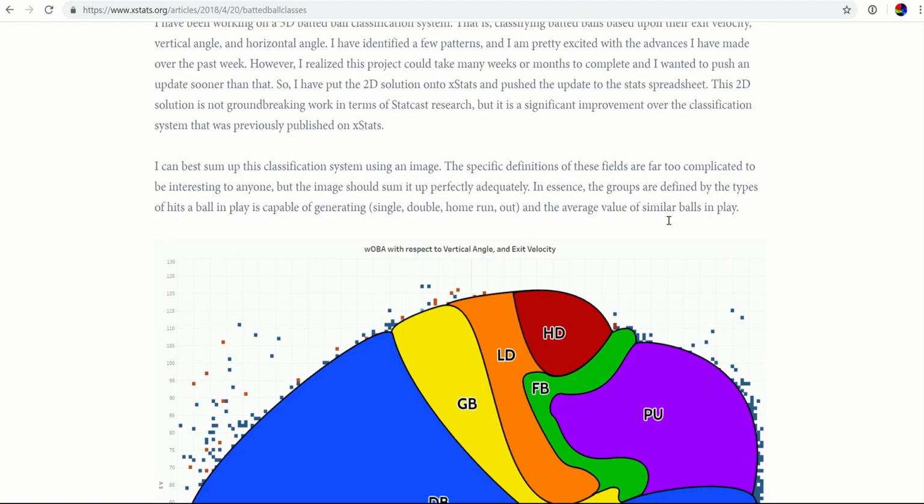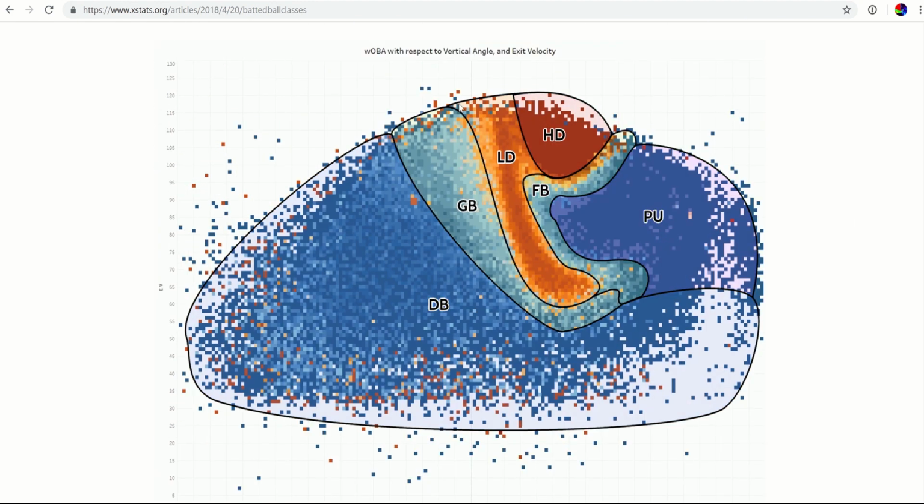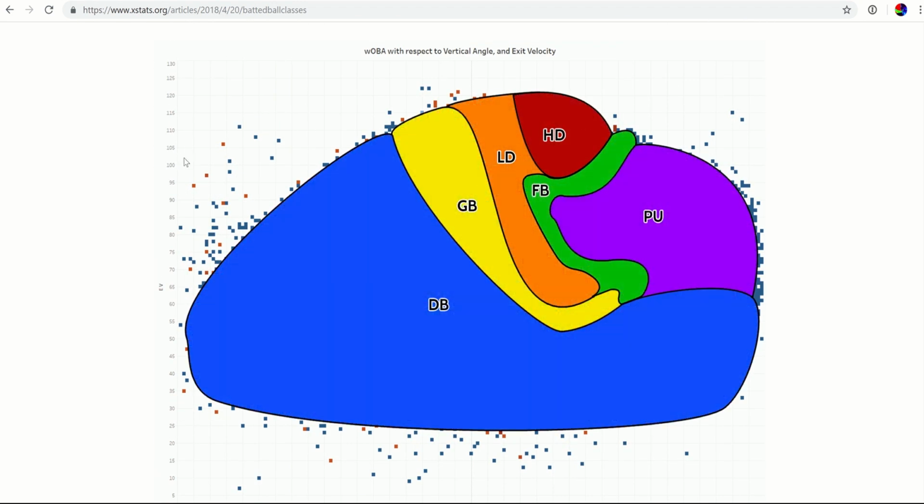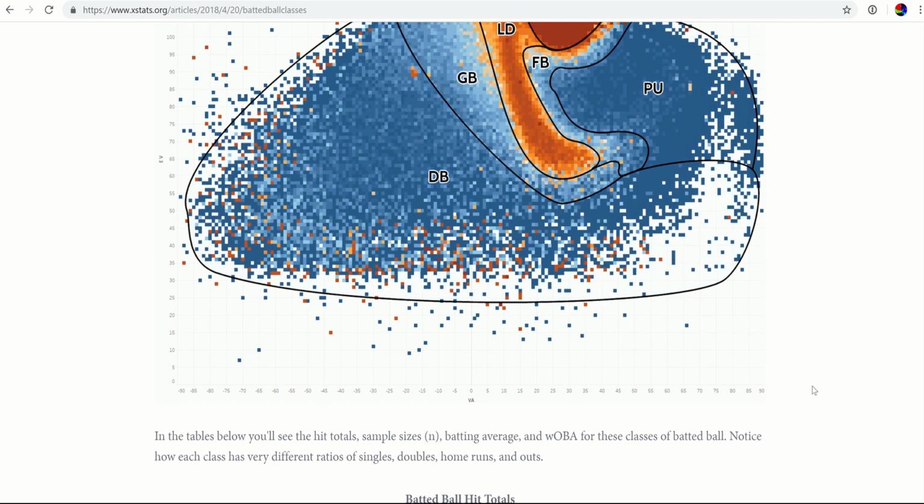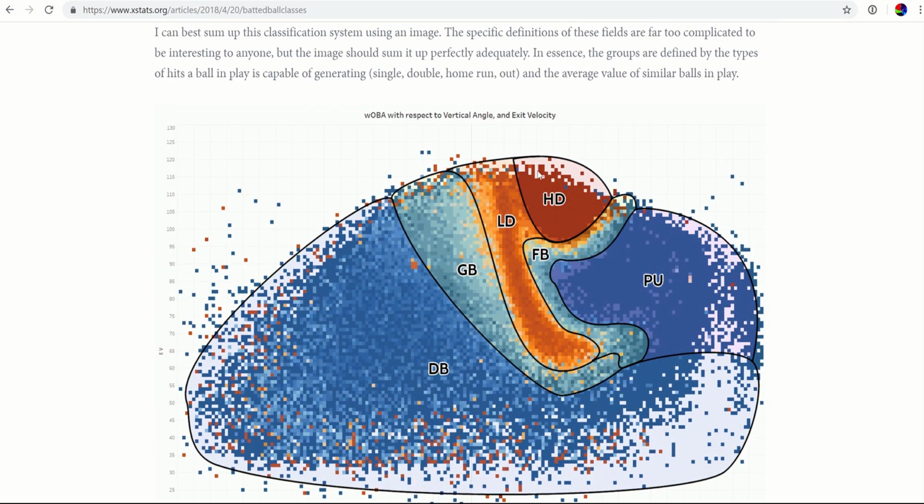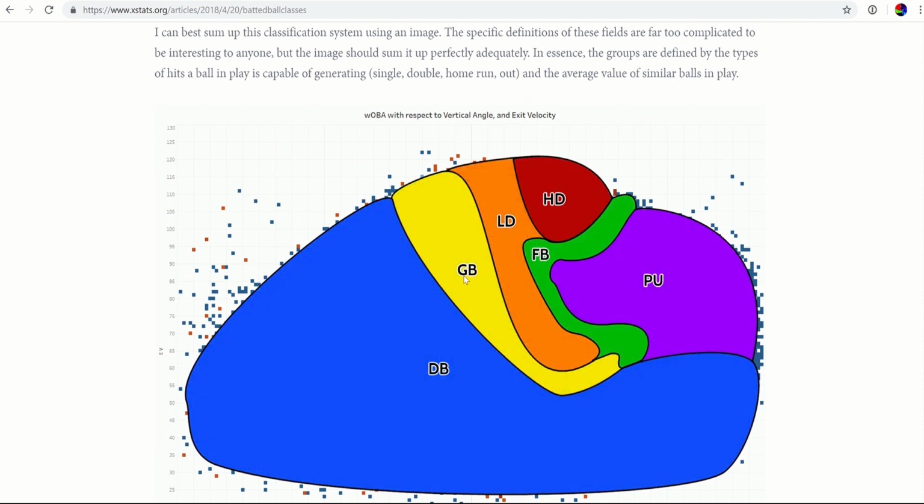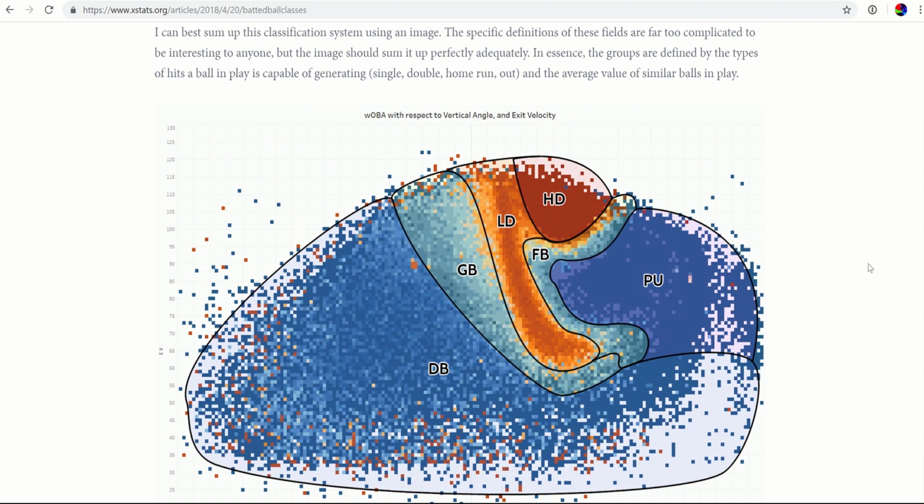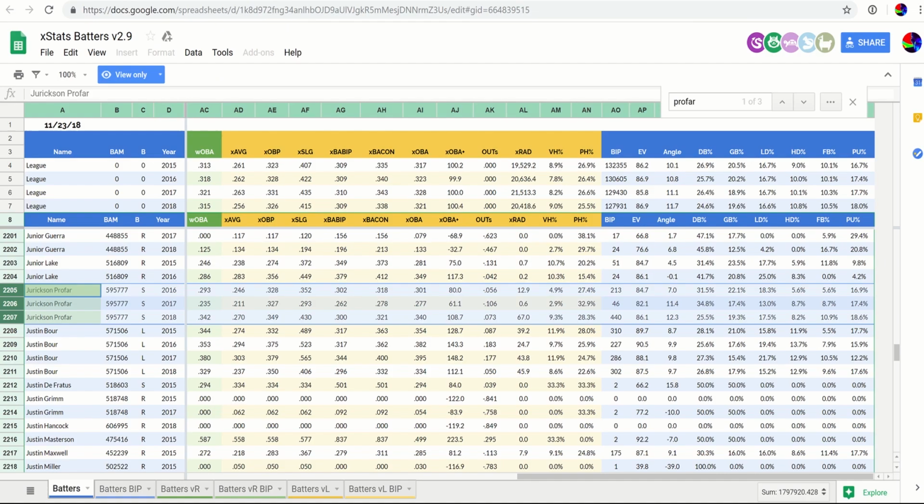So that's just a little bit of something, and right here you can see a visual of exit velocity and then vertical launch angle and kind of where different balls fall in, right? So your hard drives up there, line drives, fly balls, pop-ups, ground balls, and then dribblers right here. So hopefully that provides a little bit of context. But what you can see right here is some of the changes year to year. So let's take a look at